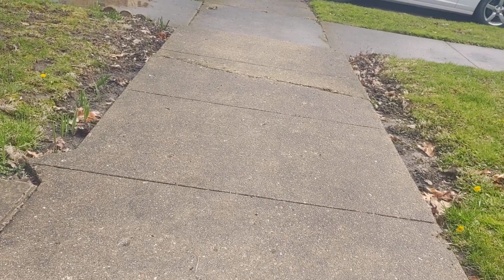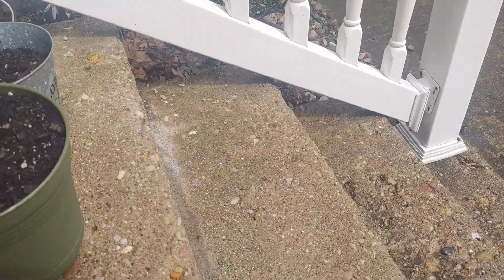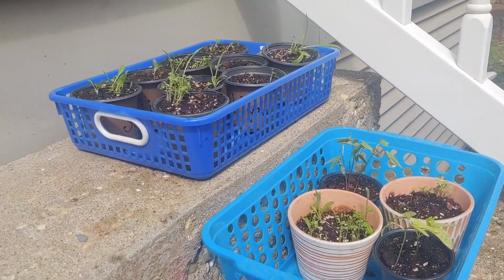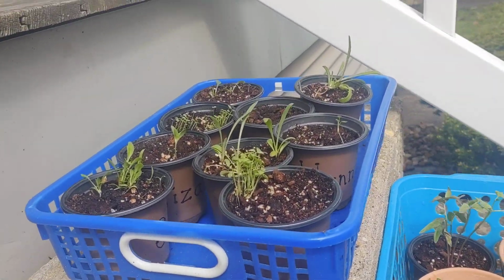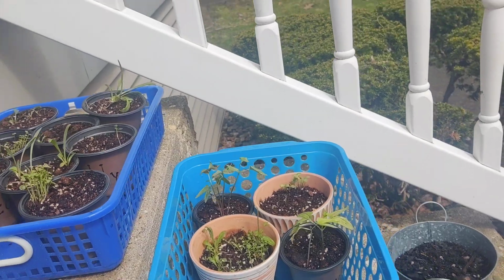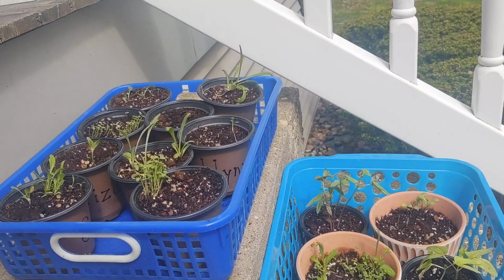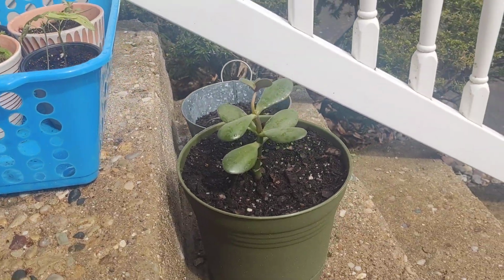Hey guys, you may notice that the ground is wet, there's some puddles, and that's because we just had a light dusting of rain. And I wanted to talk about how rainwater is important for our plants. So I brought out our plants just to let them sit outside during the little rain. It didn't come down too hard or anything, just little drops of rain, a little sprinkling, so that our plants can